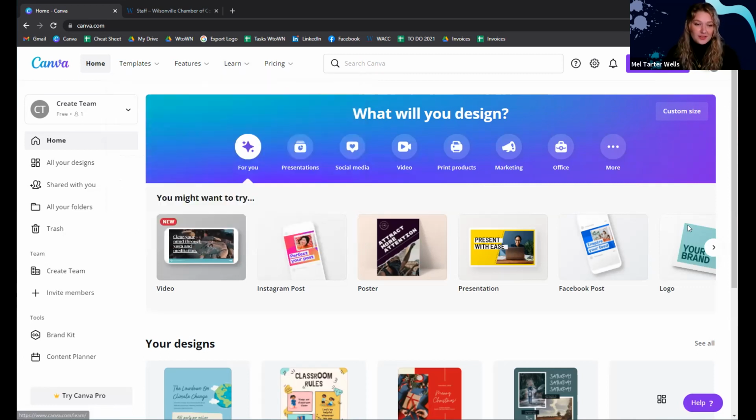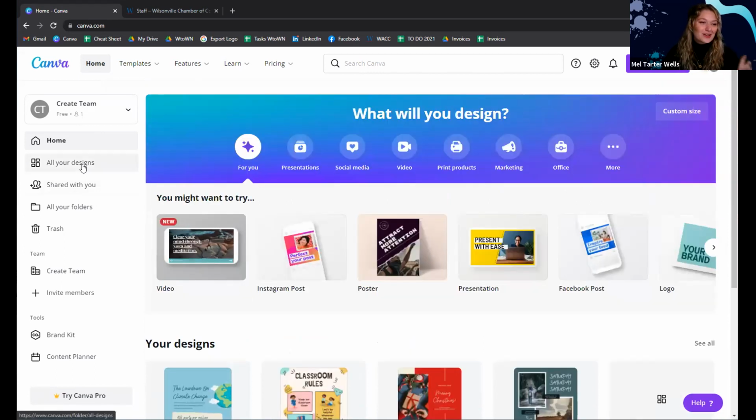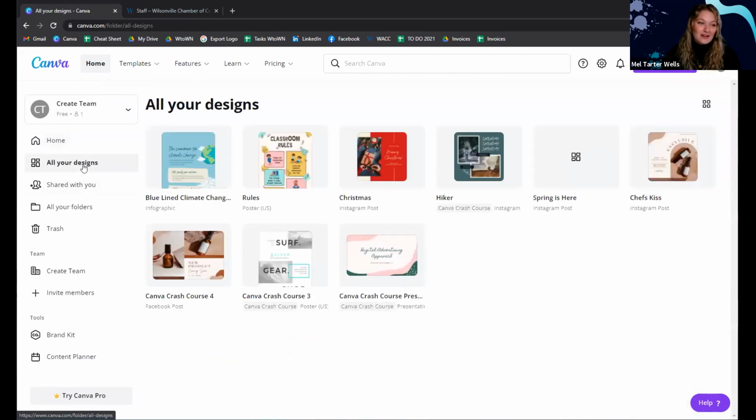Also on this home screen that you see, you'll be able to access all of the designs that you've made in the past. I just have a few here because this is my free account, but you'll also be able to see your designs on this left-hand panel menu. So they'll be here, and they'll end up being in a very long scroll. You'll find that you make a lot of designs pretty quickly with the ease of this program. So I recommend off the bat to